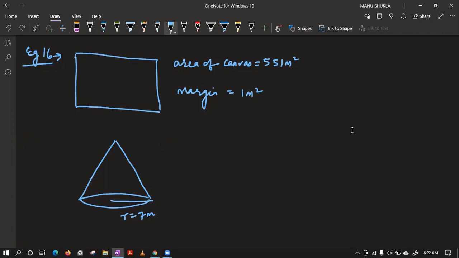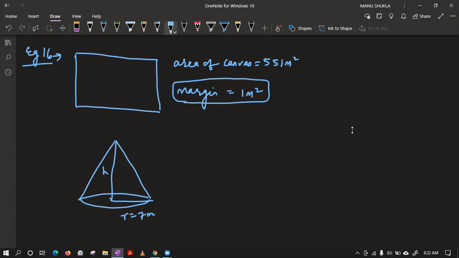Now they are saying find the volume of the tent that can be made with it. Okay, class, tell me, if the wastage of cloth is 1 meter square, how much canvas was actually used to make the tent? Please tell. If we have to put 1 meter square in the dustbin, after all the cuttings you have gathered, all the waste, and you found it was 1 meter square and you put it in the dustbin because it is of no use for you now. So we can say the actual volume of this cone is 550 meter square.